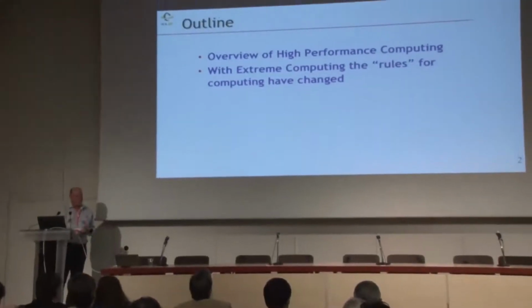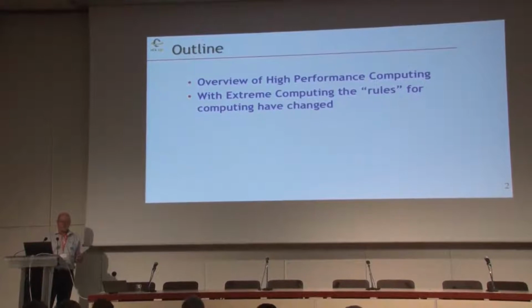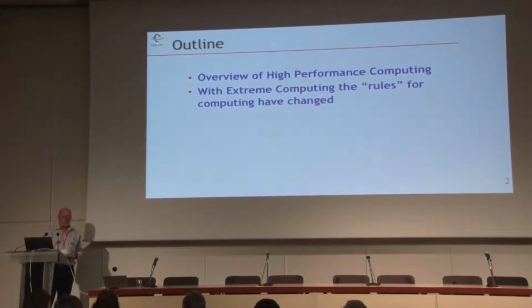So I'm going to talk about high-performance computing and look at some of the issues that we have to face in the future. Just as an overview, I'll have to say that as we move towards exascale, moving towards extreme computing, some of the...